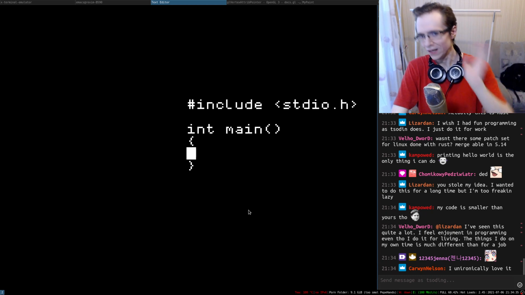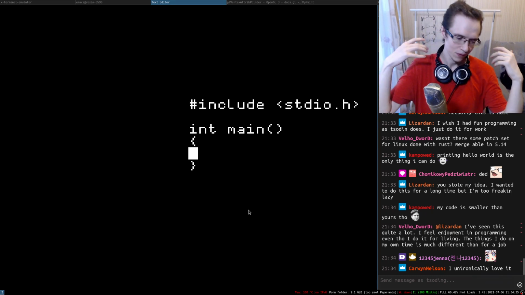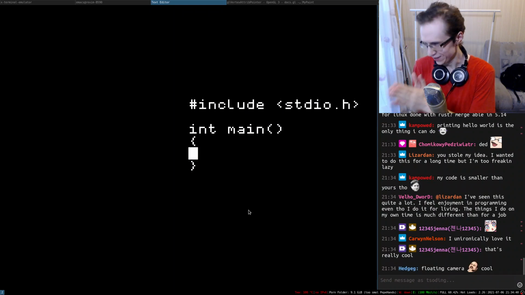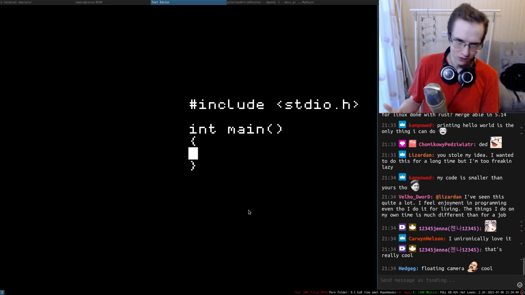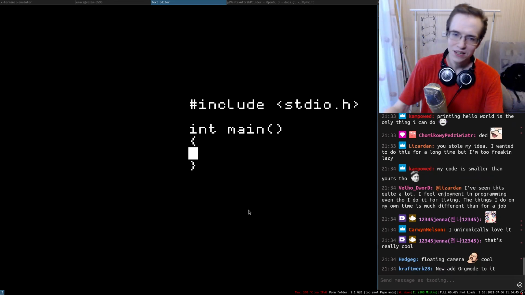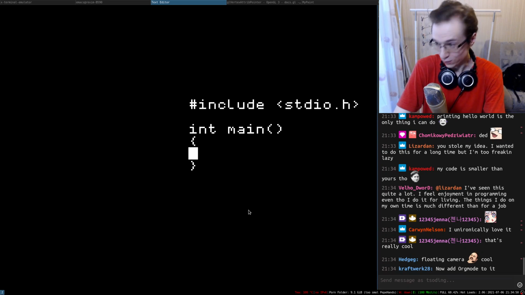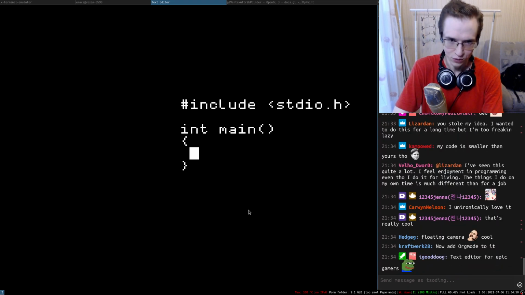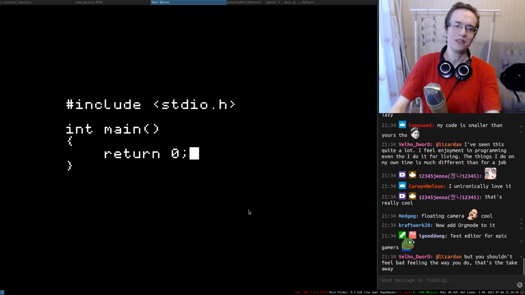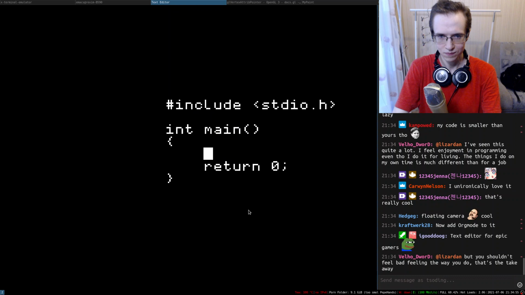And what we're working on right now is rewriting the renderer from pure SDL2 to OpenGL so we can have epic shaders, right? We want to be able to apply some interesting effects and stuff like that. Without a proper OpenGL renderer, we cannot do that. And that's what I'm working on right now. Yes, it's a text editor for the epic gamers, that's right.